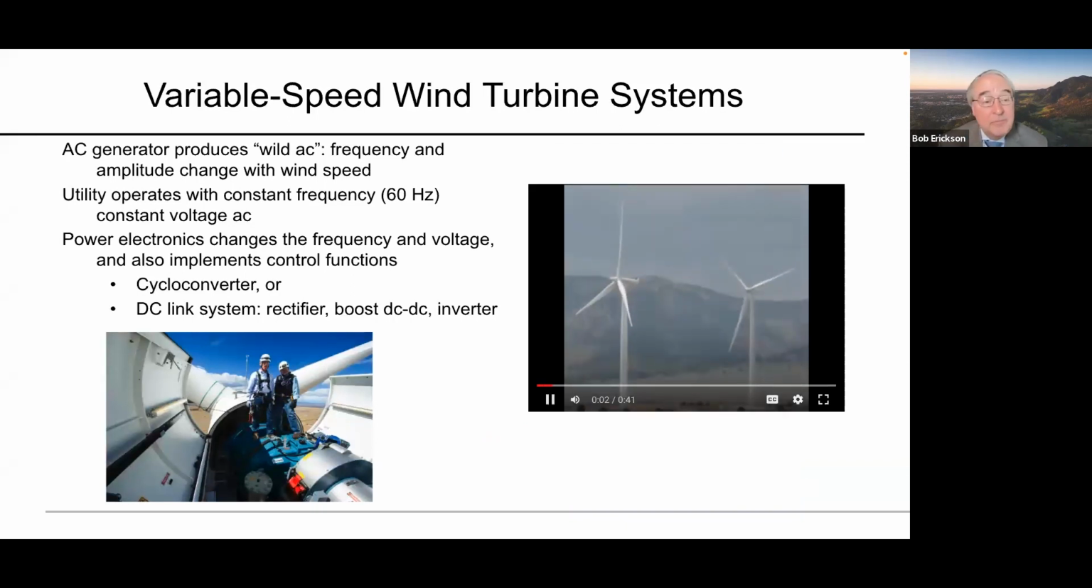Wind turbines have been an important application of power electronics. In a variable speed wind turbine, the speed at which the wind turbine turns depends on the wind speed. And as the wind goes up and down in speed, the wind turbine will operate at different rotational frequencies. And then the AC generator that is converting the mechanical power into electrical power will produce variable frequency and variable voltage AC. And then we need power electronics to convert that wild AC into fixed 60 hertz, fixed voltage AC